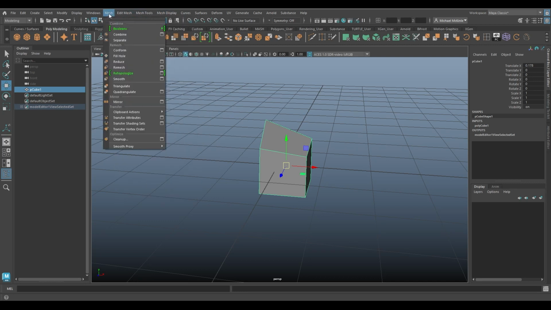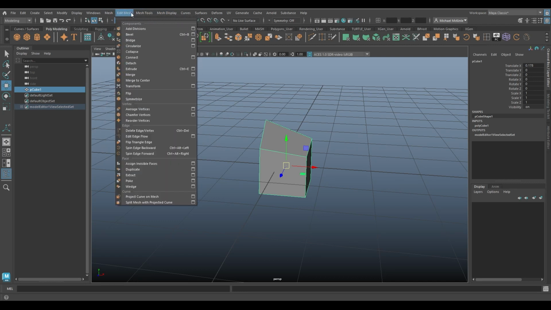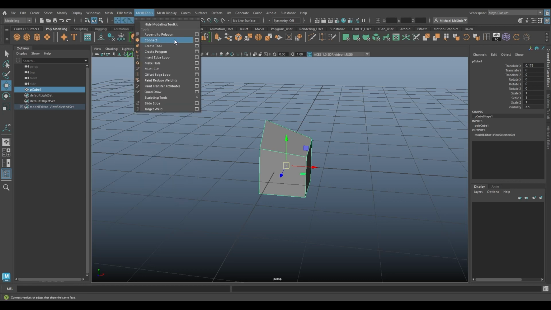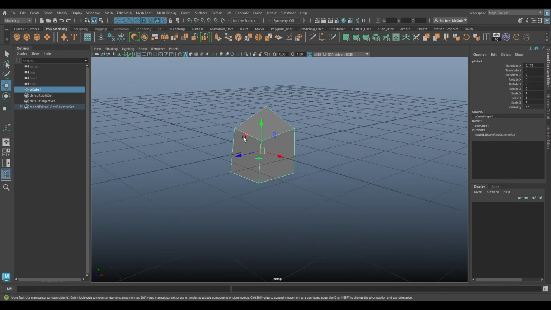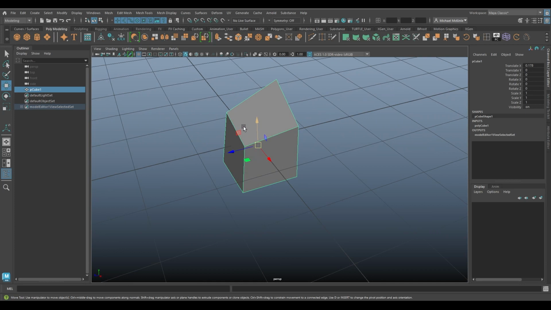But these three especially, mesh, edit mesh, mesh tools, those are where a lot of the editing tools are for changing polygonal objects to do something, such as, for example, if you want to extrude a face. What does that mean? We have a video going over this. Feel free to watch that video in its entirety if you'd like, but just as a simple example,